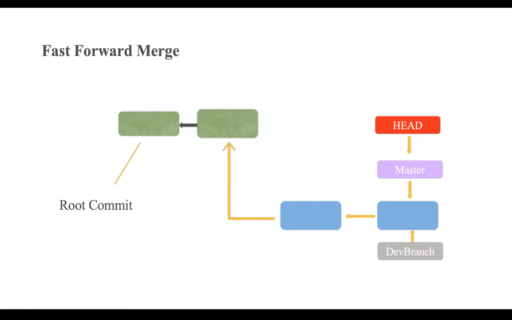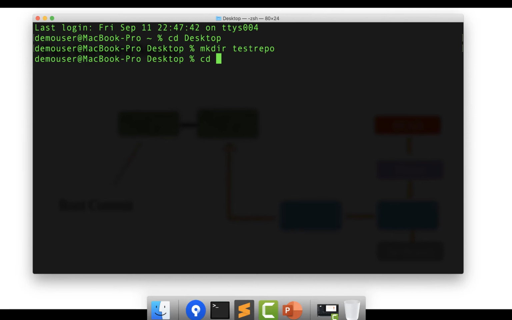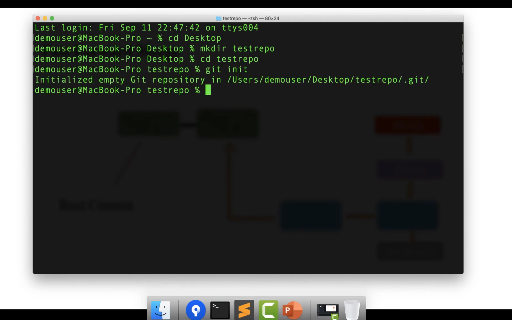Before starting this, I'll just open my terminal. So here we are. First, we'll navigate to the desktop and I'll create one directory. I'm starting from scratch, so there's no need to see my previous videos for any reference. So I'm making a directory and I'm going to initiate it. I'll type git init. Now the git repository has been initiated.